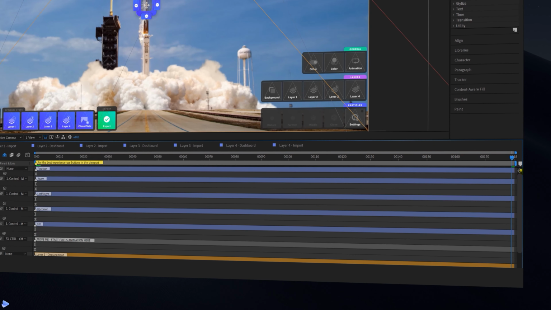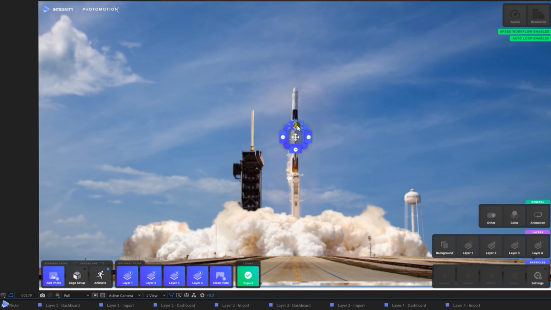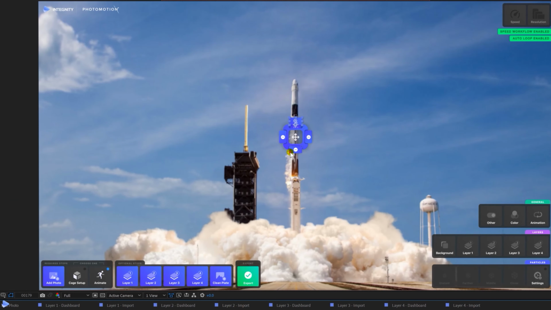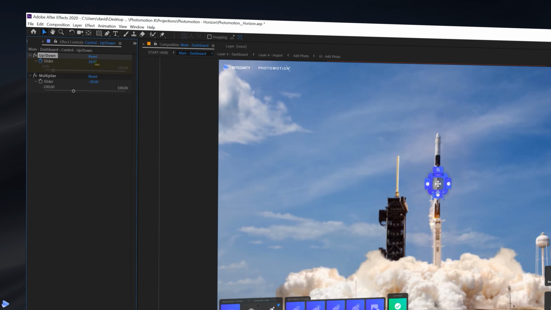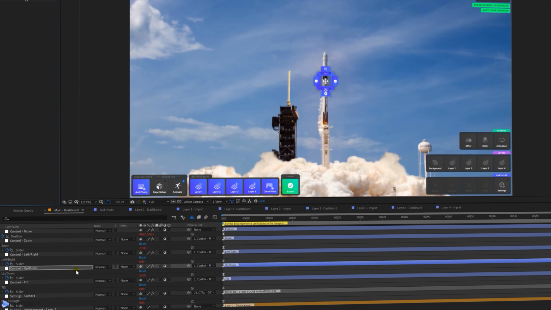First, let's drag our playhead to the very end of the composition timeline. We'll then add some movement by using our controller here, and then we'll click on the magnifying glass icon at the very top and change the zoom. We can also change the vertical movement by clicking on this icon at the bottom of our controller and changing to the degree that we want to see movement up or down, and maybe tweaking the multiplier too. We can also change the tilt by clicking on the icon to the very left of the controller, or by changing the values within this layer, Control Tilt, which will also add a degree of tilt to our animation either